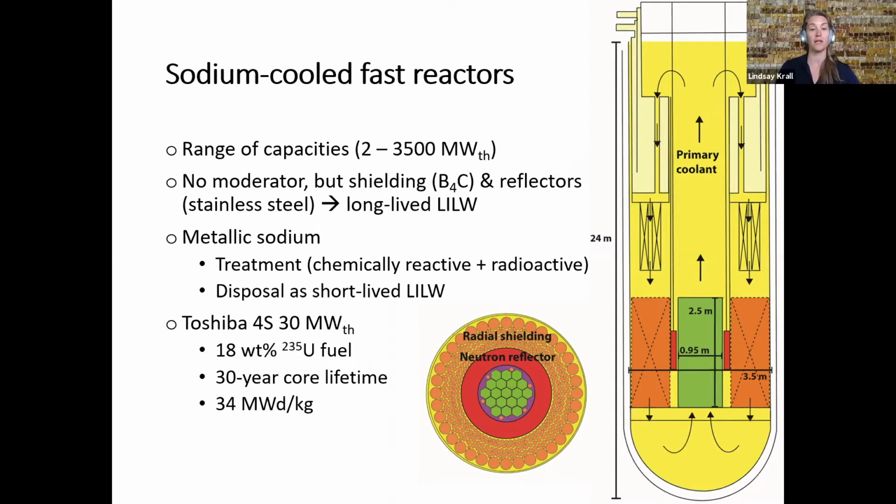The liquid sodium employed to cool the reactor is also destined to become radioactive waste. It will contain radionuclides gained through contamination and neutron activation pathways. However, plans to manage and dispose of this material must consider its high chemical reactivity. Metallic sodium is what we call pyrophoric. That means it burns when exposed to water. Hence, it should be chemically treated before it can be disposed of in a geologic repository where water will inevitably